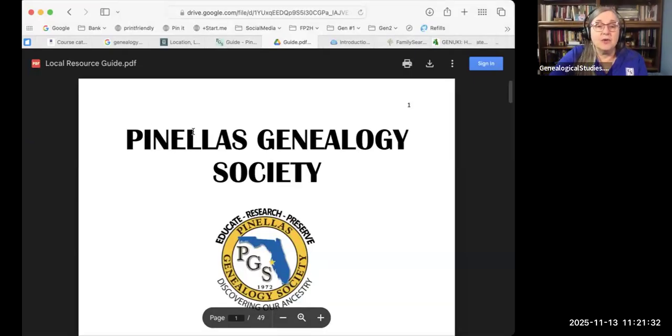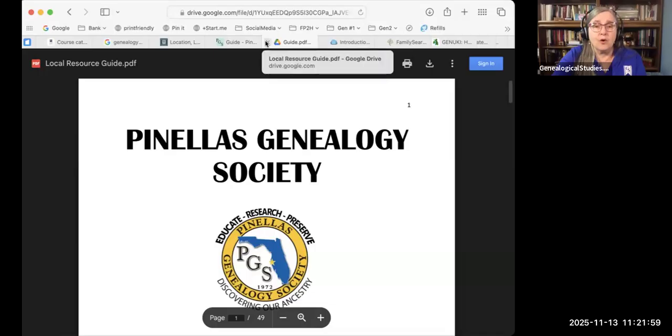And it makes it really easy. And then you just put it in your folder or bookmark it, but put it in your folder, and then you have it right on your computer. And what's the advantage of that? Having a PDF, you can search for keyword. You can search for surnames. You can search for locations, for towns, for events, and look through it quickly and find out where there are